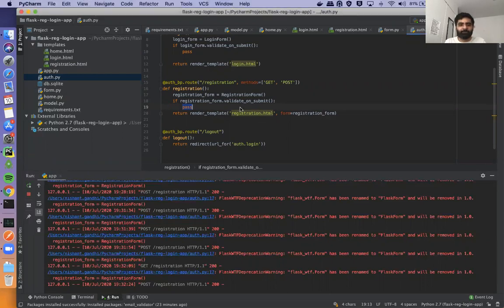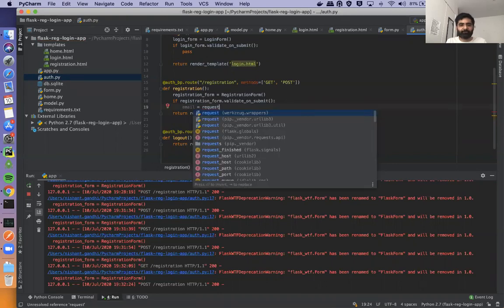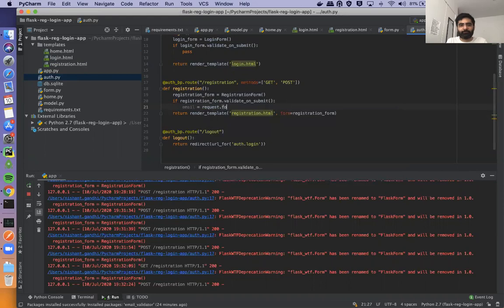Okay, so if form on submit, basically the idea is if everything is fine, if your form is validated, you return everything okay, so you have to retrieve all that data and put it into the database. How are you going to do that? Basically there are three things you want to retrieve from the user: email, name, and password. So we're going to store them into variables. So email equal to request. Now request is another package that you need to import, and you can import any of them. It doesn't matter. All same. Request dot form dot get, and this will give you the